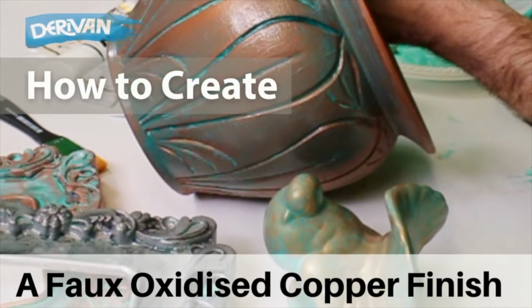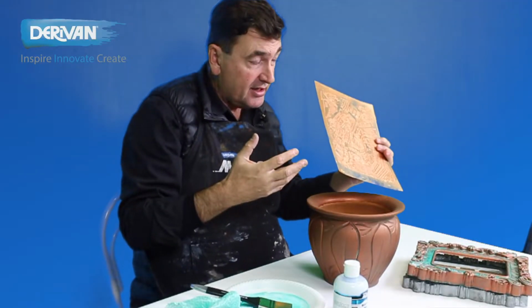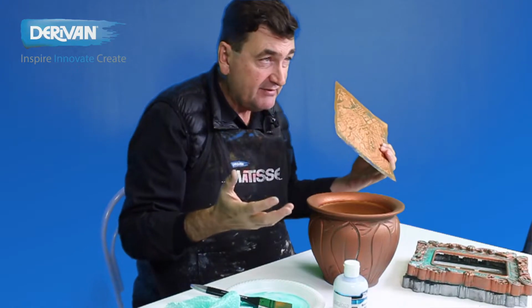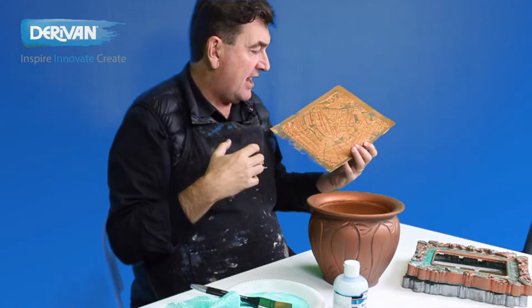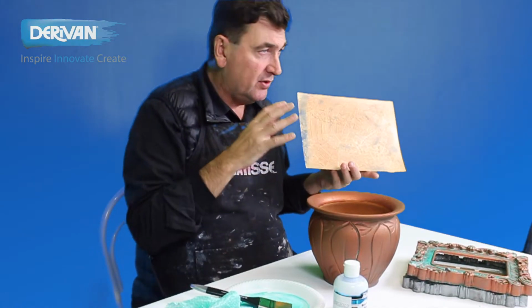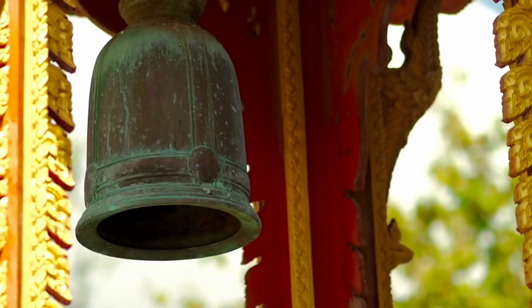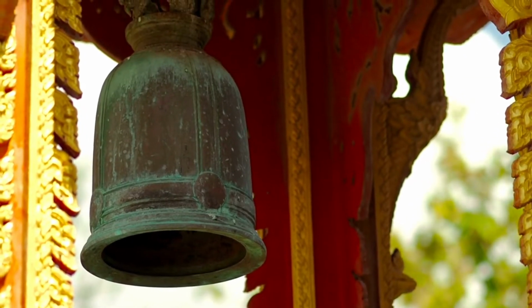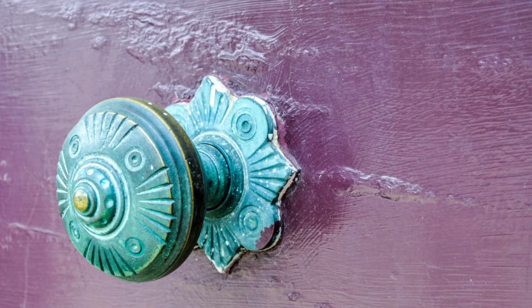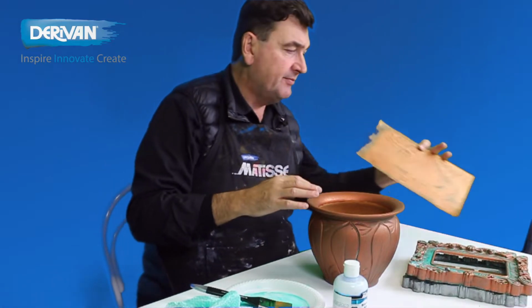We're looking at a faux copper finish or a patinaed copper painted finish. There's a whole lot of different expressions, but basically what we're looking at doing is making a surface a copper color and then putting a finish on it to make it look like it's oxidized. So what you need is, firstly, you need